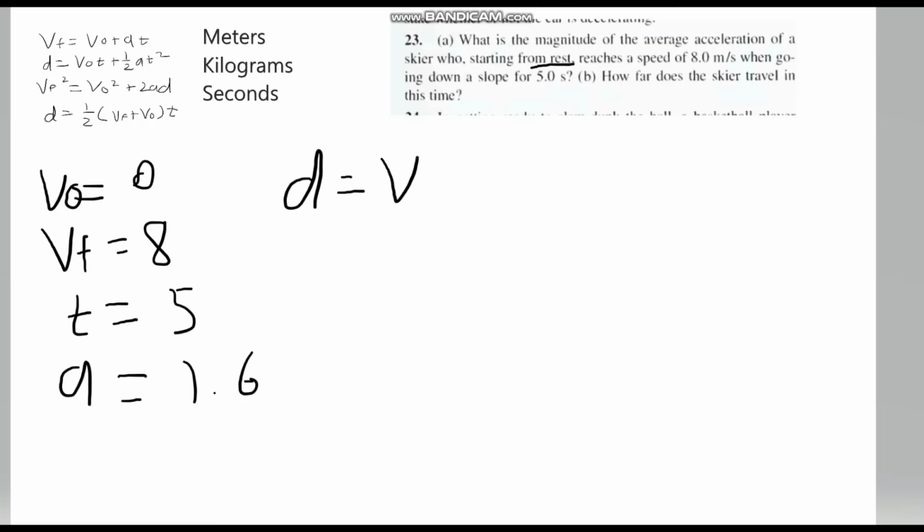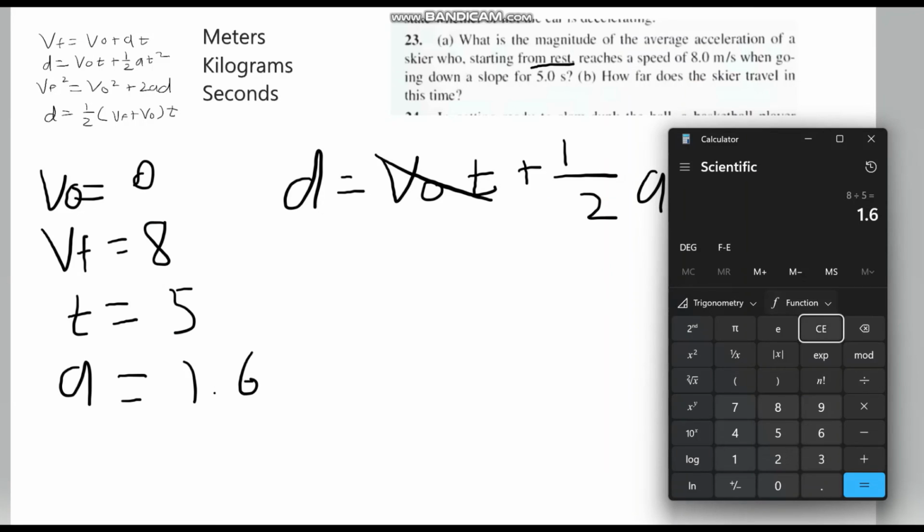Here's the second one. Distance is equal to velocity initial times time plus 1/2 acceleration times time squared. You know velocity initial is 0, so cross it out. How far does the skier travel? You already have acceleration, and you already have time. Just plug it in the calculator: 0.5 times 1.6 times